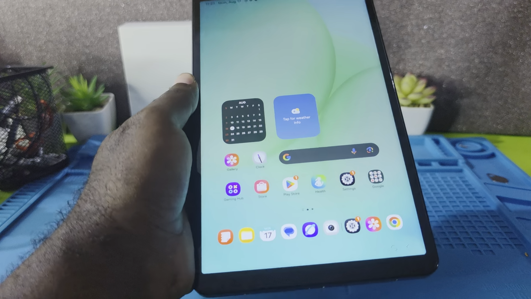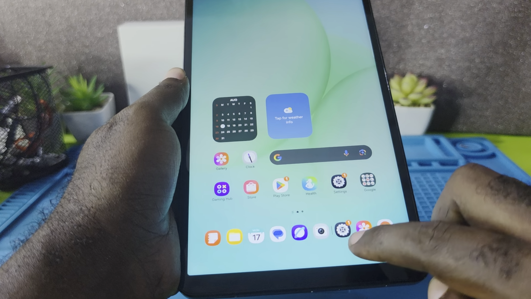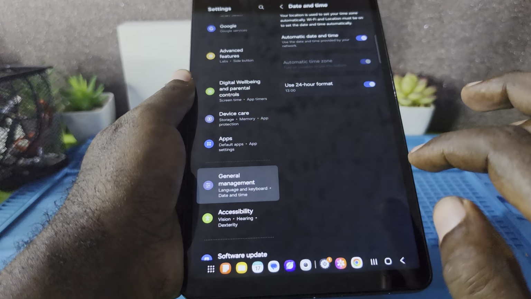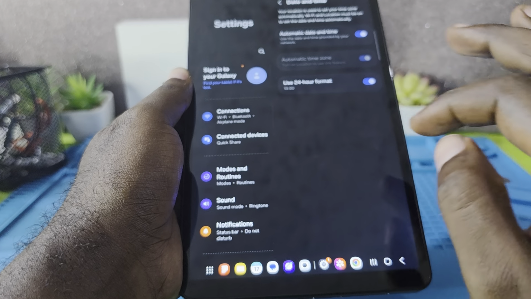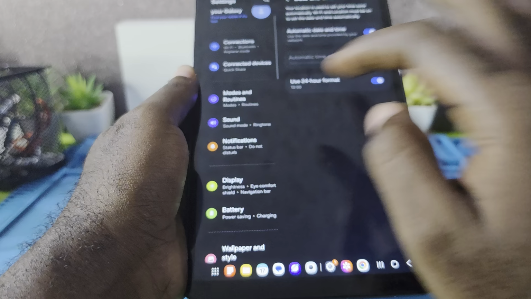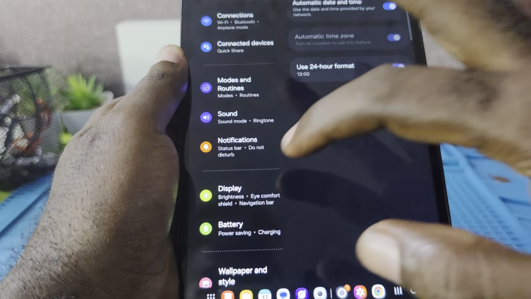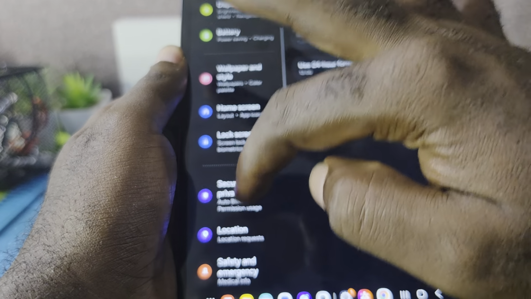So the first thing you want to do, guys, is go ahead and find your gear icon. You can either find it here or here. Go to settings. Once you're in settings, as seen here, you're most likely going to be in the main menu. You're going to scroll down. Hope you're seeing what I'm showing you here. And you're going to go to